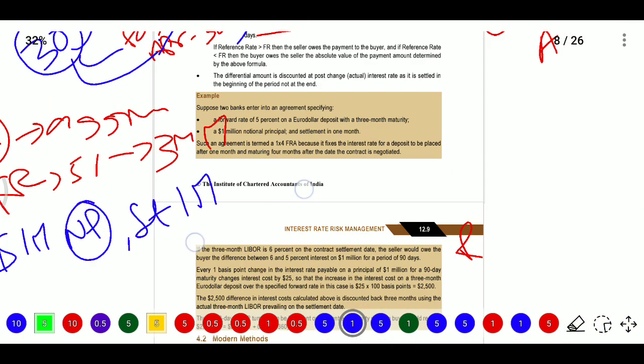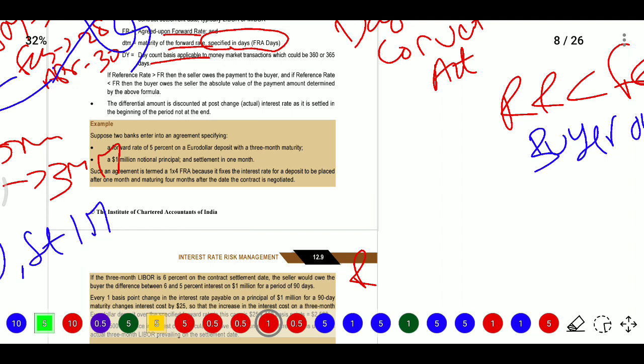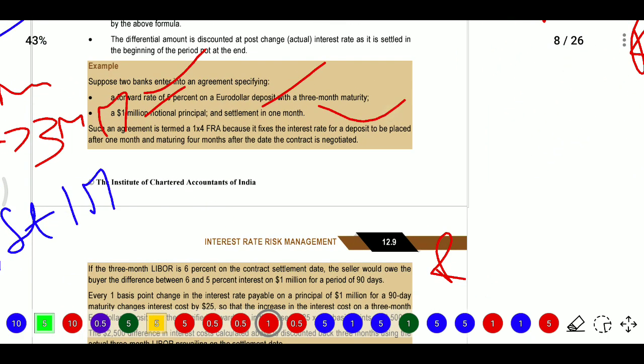This is the example they provided. So: forward rate 5%, euro dollar deposited with 3 months maturity, $1 million notional principal, and settlement in 1 month. Such an agreement is termed as